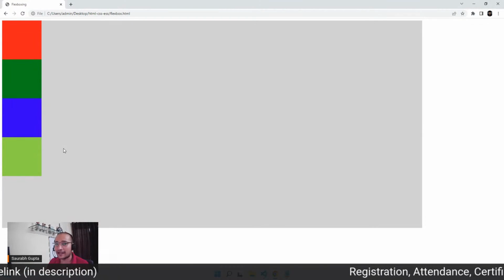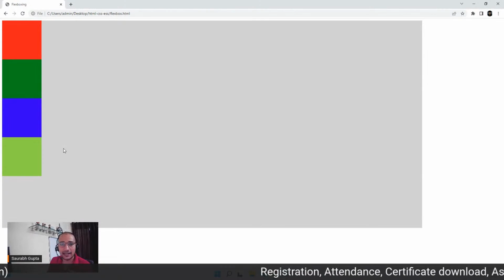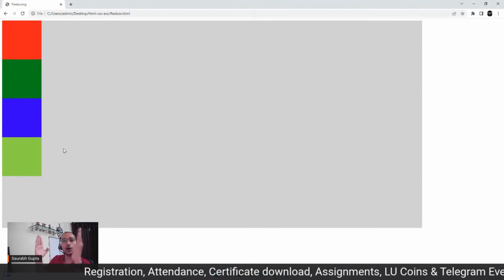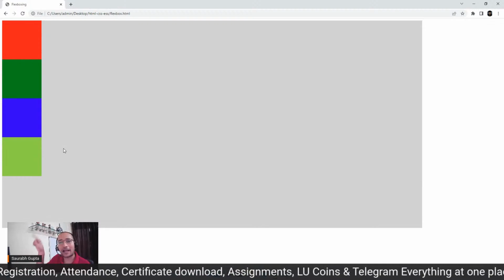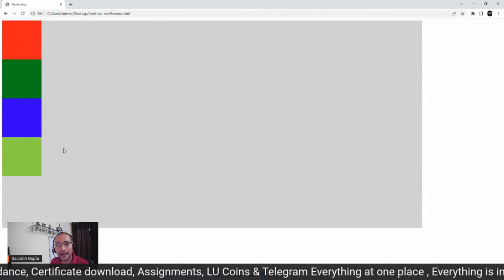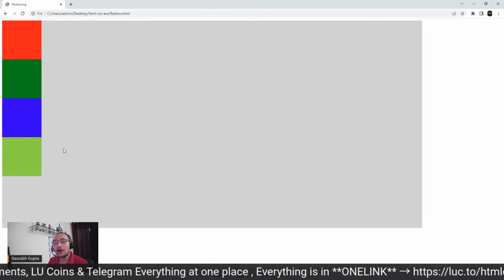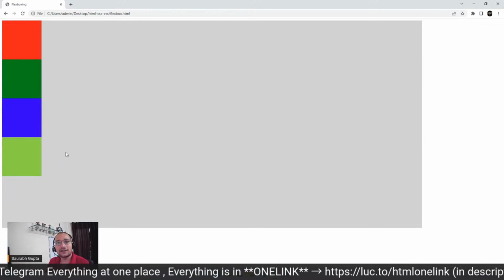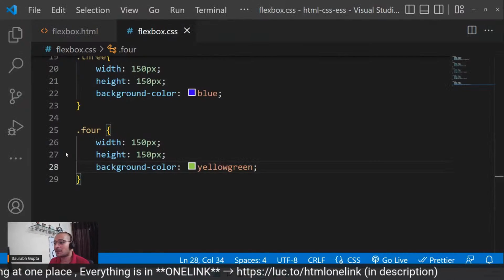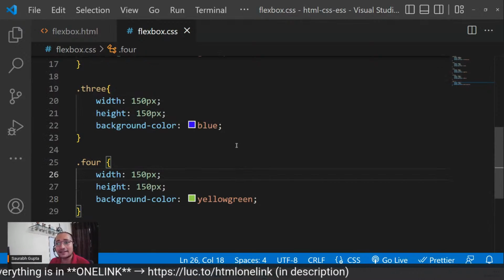If I just do display inline block, they will become horizontal, but there will be a gap. Now to remove that gap, I have to do something. If I want to move all of them together to the center, I have to wrap them inside one more parent, right? If I want to move them to the center, I again have to write some code for that. So now here comes flexboxing, which makes all of this very easy, where you always have to go to the